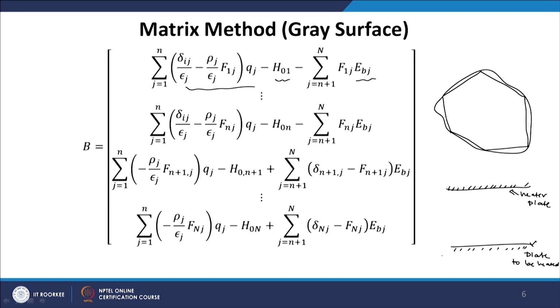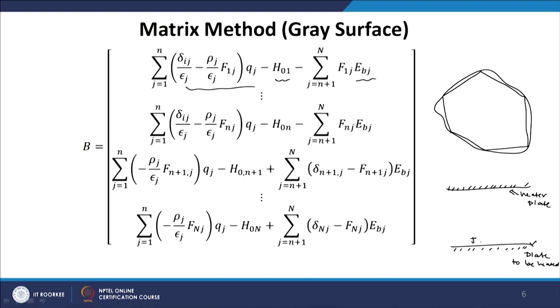So, one thing that we should do is we cannot approximate the surface as a single surface, because if we do it, then this will just give us an average heat flux or average temperature. But if we want to know the temperature variation along the plate, we have to take into account how the radiosity J varies along this surface. So, this J has to be calculated at each and every point, and we should not approximate this surface with finite width or finite dimension plates.